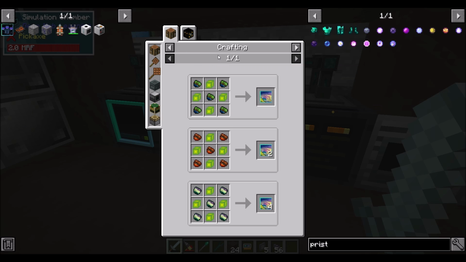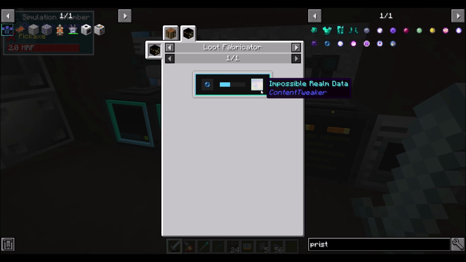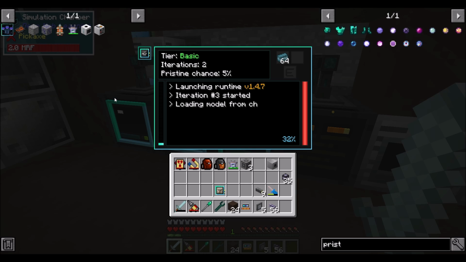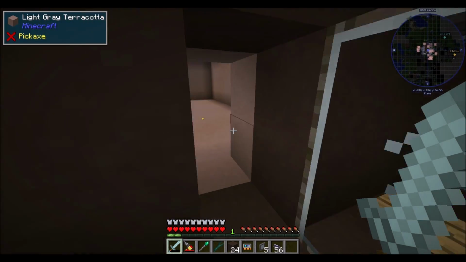I could do the impossible realm data and craft it all the way up, but I don't see the need to do that. Oh, Enderman matter makes that one. Okay, cool. But no, having this is 100% the way to go, right? So we'll knock Wither realm data off our list of to-dos, but we definitely still have to upgrade that. So I would like to...